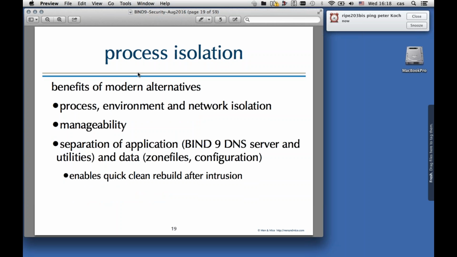The benefits of the modern alternatives are much better process environment and network isolation, and easier manageability. So even if chroot in BIND 9 is easy, administrators usually find it much easier to work with containers, especially if there are management tools around the containers like we have with Docker. And then there is the separation of the application and the data: you separate the BIND DNS server and all its utilities like dig, nslookup, nsupdate and so on, from the data, zone files, configuration files, etc.,